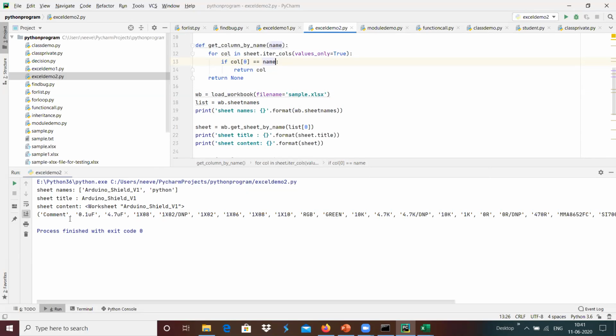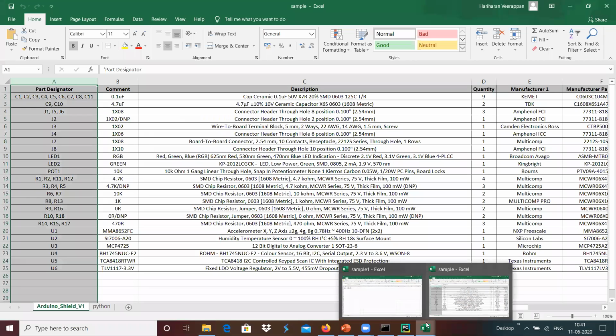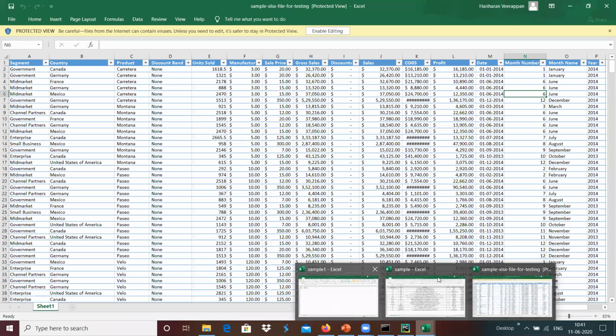And why we need this kind of separation, we will see over here in another sample, the sample XLS file for testing that we can use. Whatever file we have used earlier has very simple data, and this is also simple data with respect to data analytics.